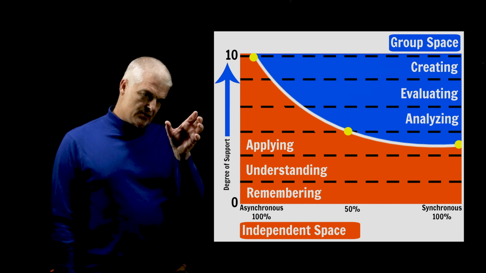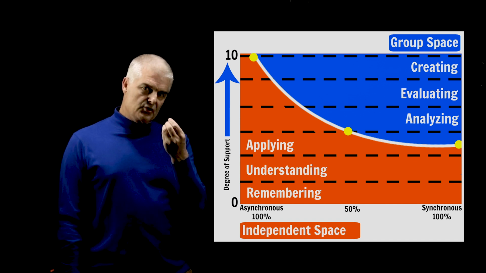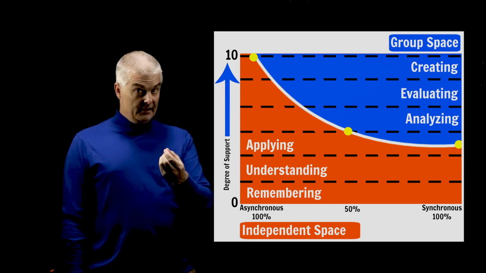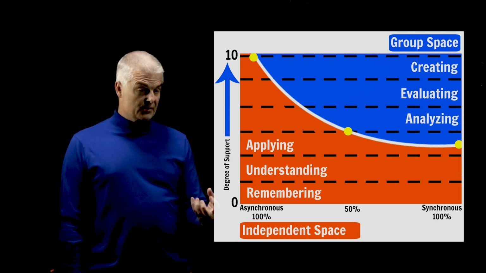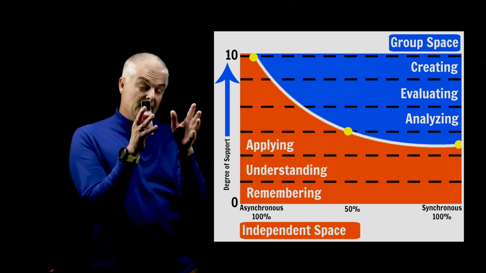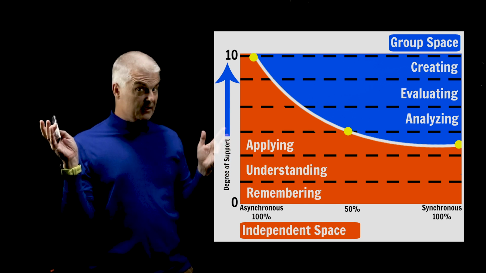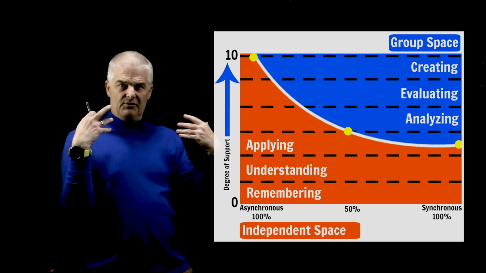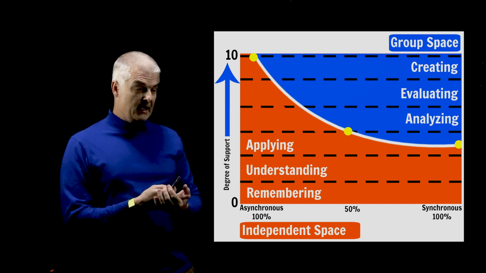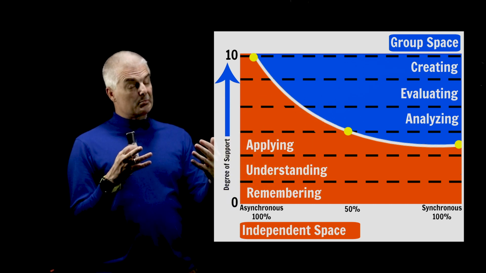So let's again pay attention to this side of the graph right here. It talks about the degree of support. So if you are a completely online asynchronous class, you don't see your students, you have to provide for all the levels of Bloom's taxonomy. You have to provide support for that completely in the independent space, so they can do the class, if you will, alone, right? And the degree as you move this way, the lesser degree you have to provide that in